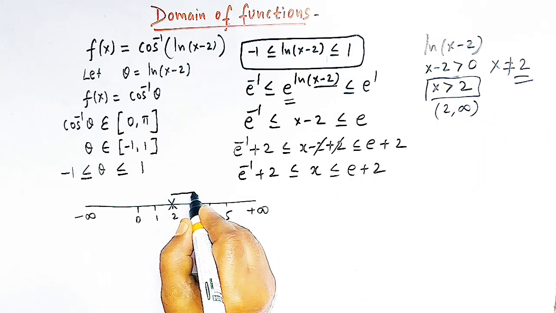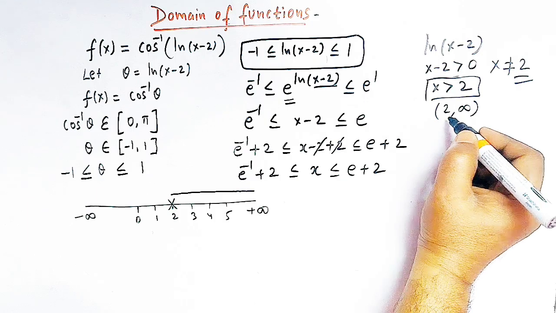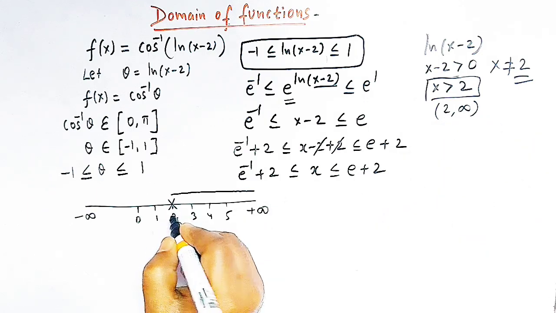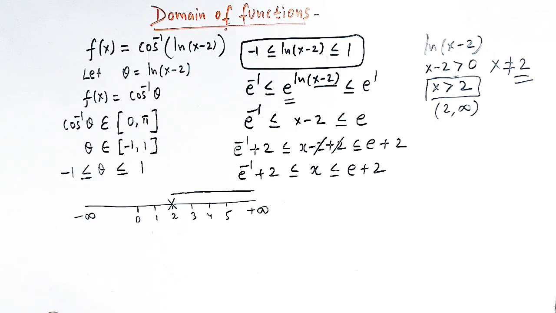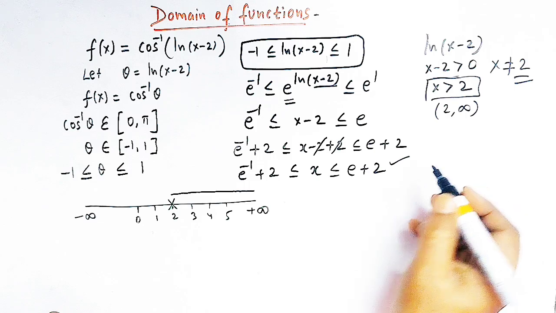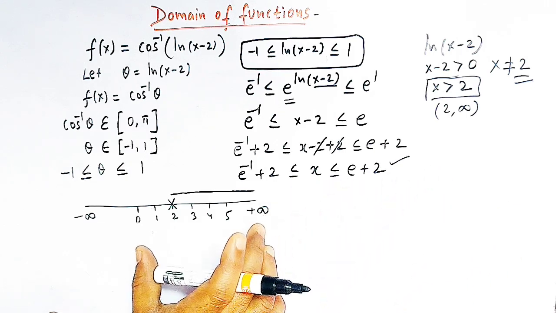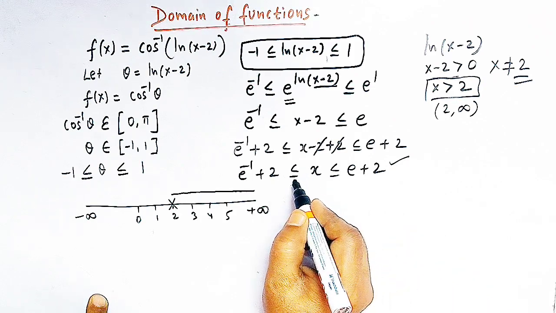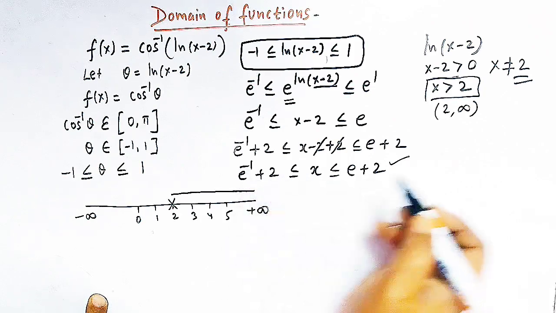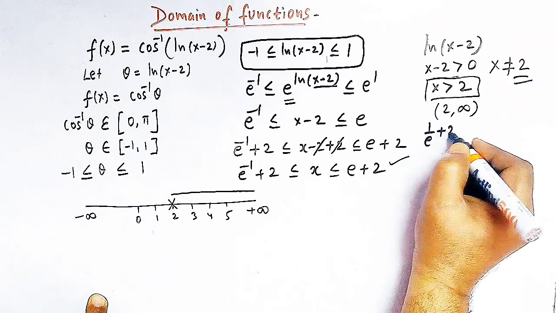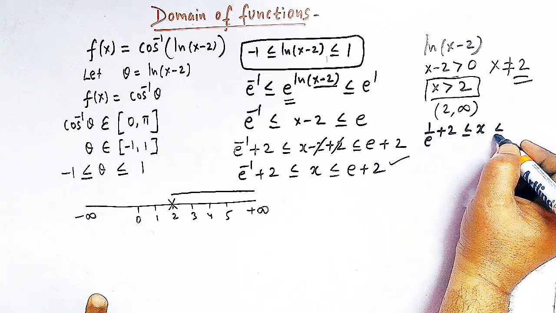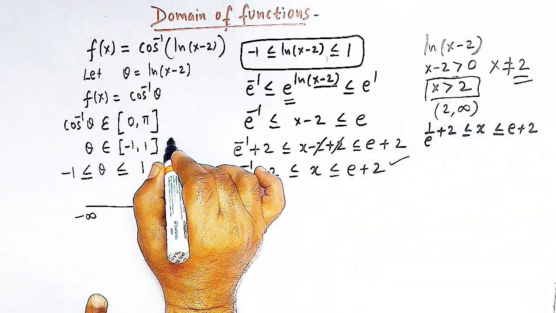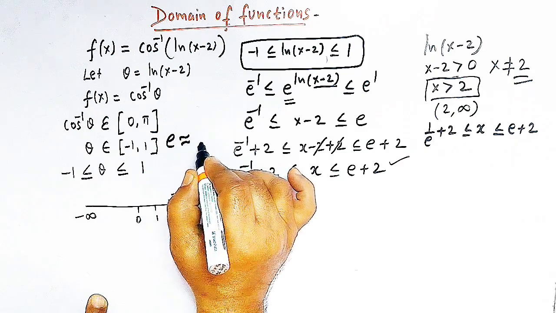So here we have this region for this interval, that is 2 to infinity, and here x equal to 2 is not included. Now let us represent this inequality on this real number line. So here we have x greater than or equal to e raised to minus 1 plus 2. So here we can write 1 over e plus 2, and here we have x, and here we have e plus 2. Now we know that the approximate value of e is equal to